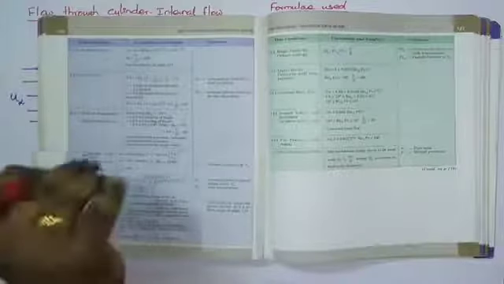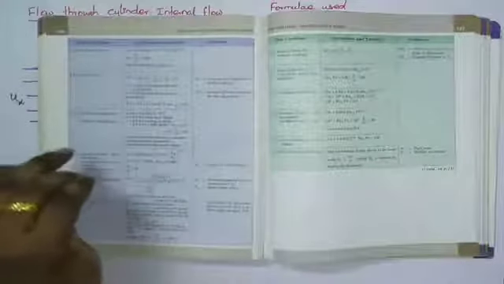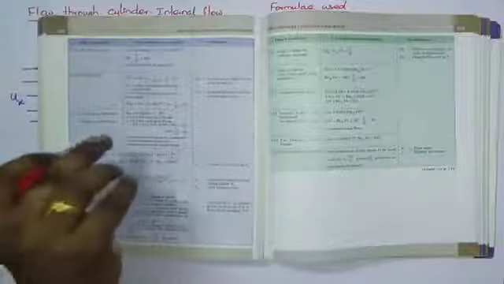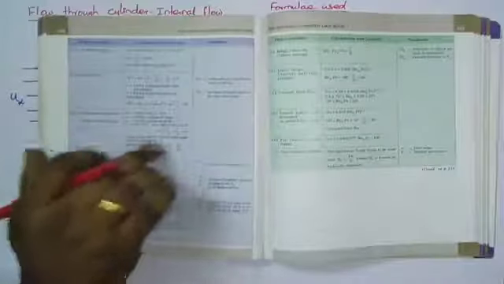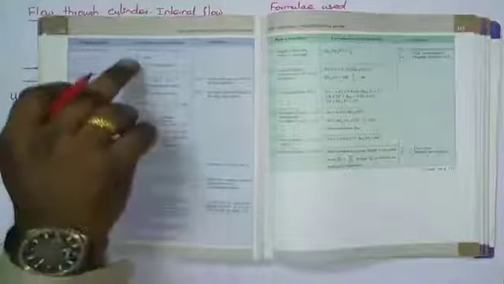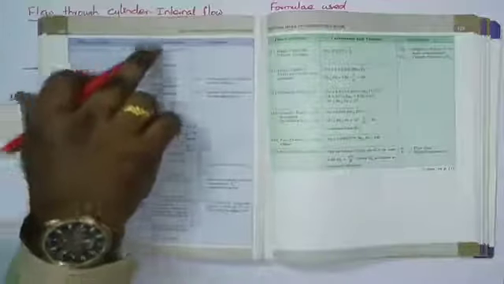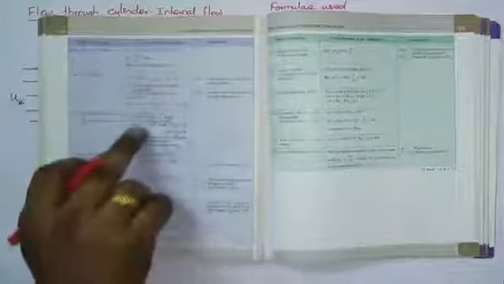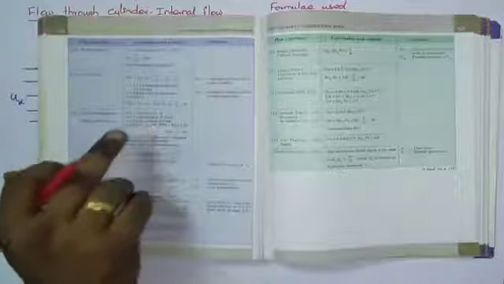So first find out if it is a turbulent flow, then find the L by D ratio. If the L by D ratio is greater than 60, then you can come here. If the L by D ratio is between 10 and 400, you can take this formula. And the Prandtl number also plays a vital role. We will see it in detail while solving the problem, right?